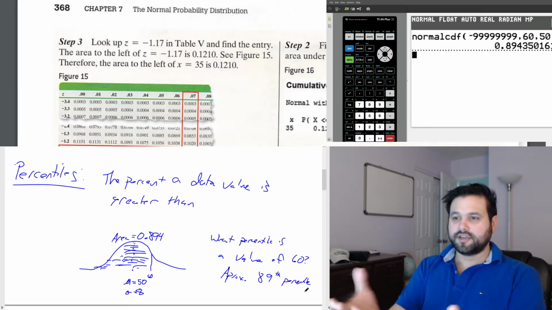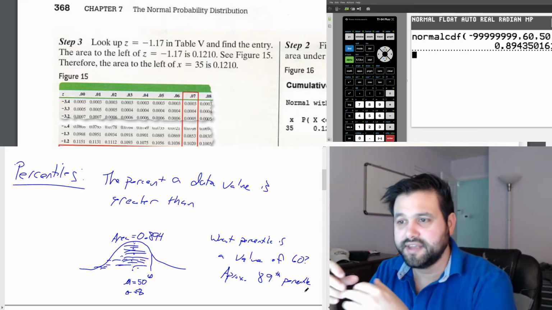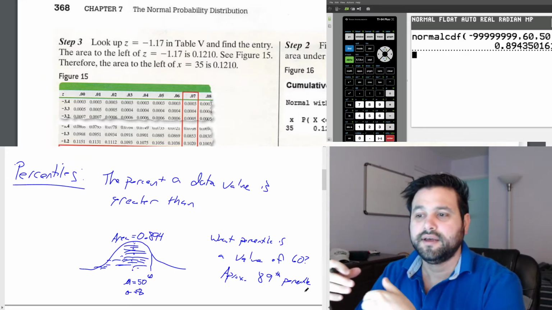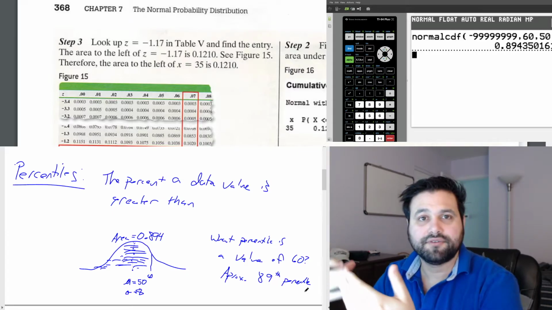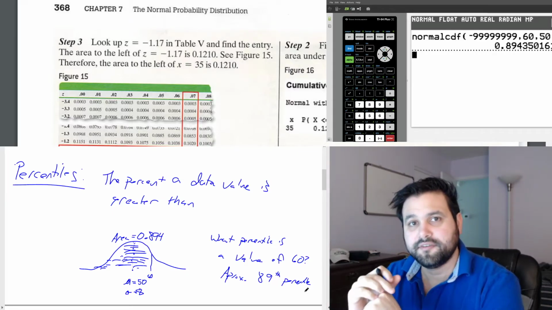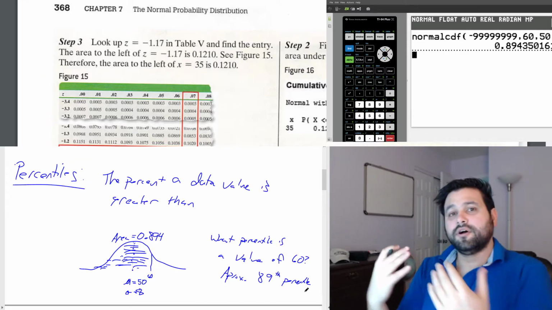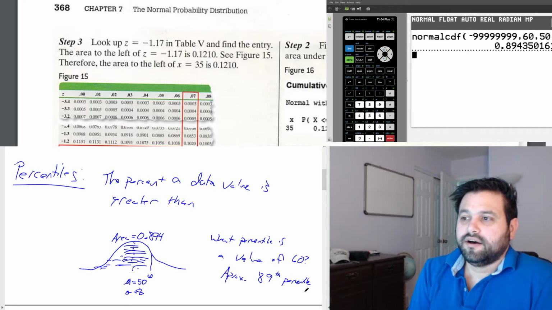Right? So if we were talking about some sort of test where the average was 50 points and the standard deviation was 8, and you had 60 points, what percentile rank would that be? It would be the 89th percentile. This is also another way of